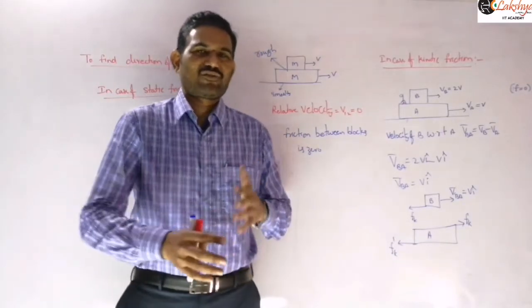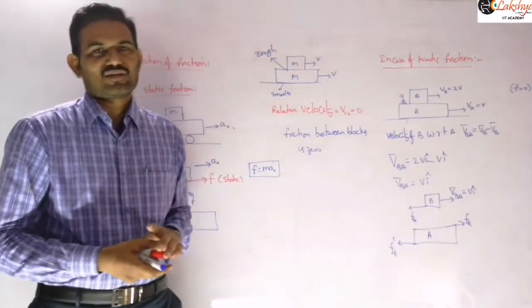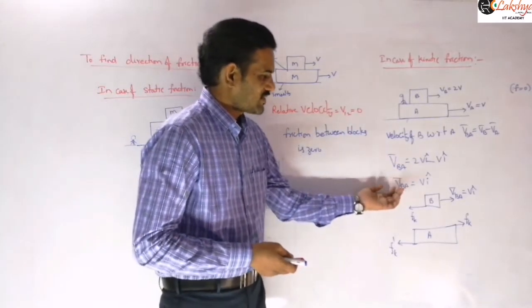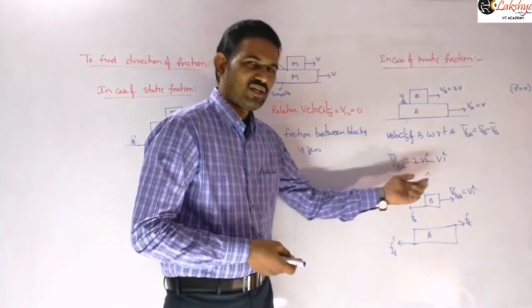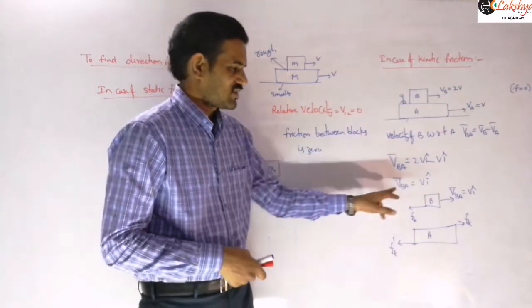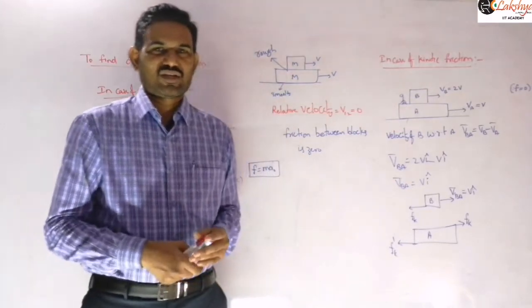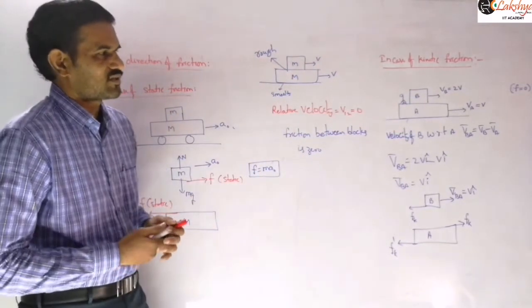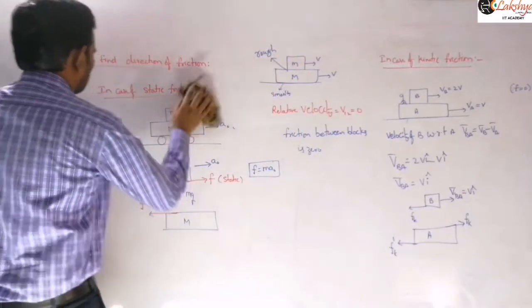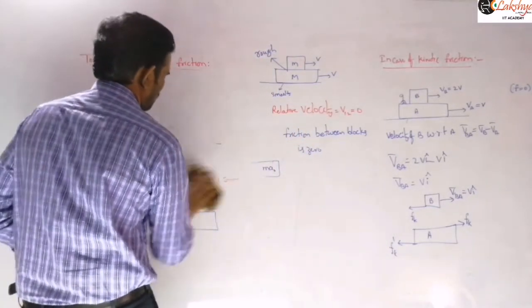That means in case of kinetic friction, just you may find relative velocities. Just by taking the relative velocity direction, if you are taking relative velocity of B with respect to A, then friction acting on B will be opposite to that relative velocity here. So this is the way of finding that in case of kinetic friction, if you are getting confusion regarding that. And now I will give a simple problem based on this here. So let us see this another example.